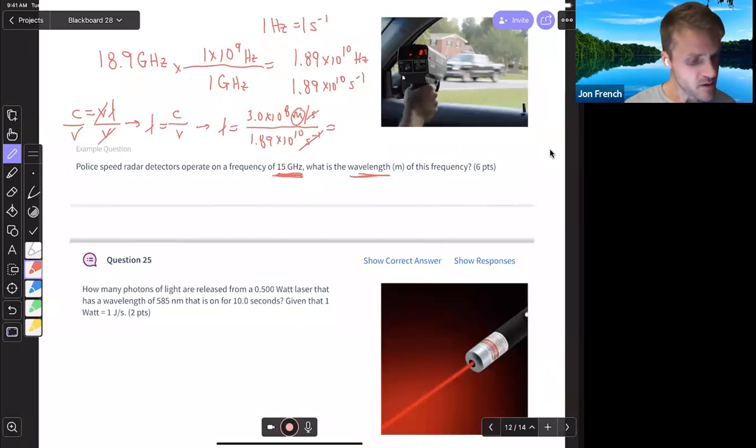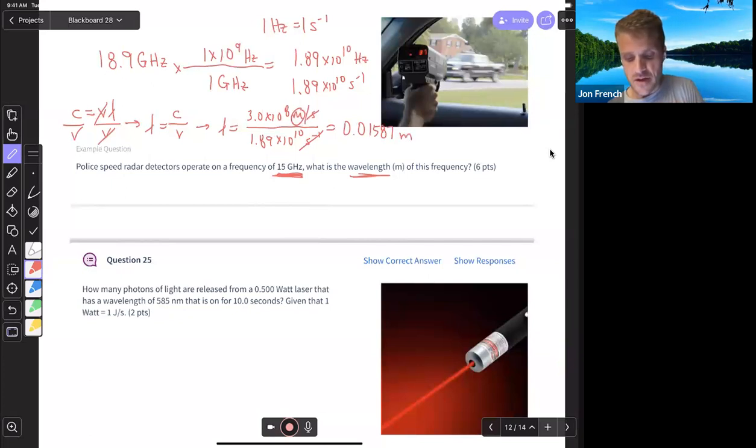So let's see, what does that give me? 3 times 10 to the 8th divided by 1.89 times 10 to the 10. So your initial number might be a little bit different, but the steps would be the same. So for Michaela's question, I get 0.1587 meters. So to 3 significant figures, I would say